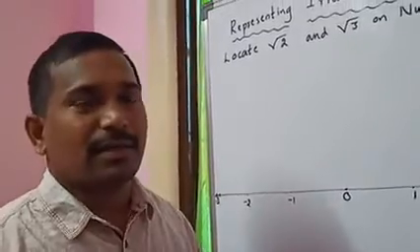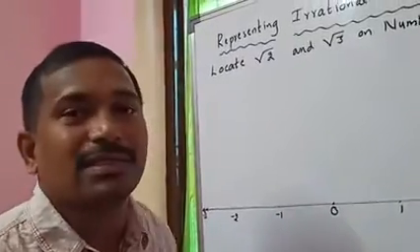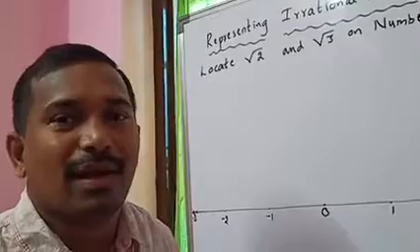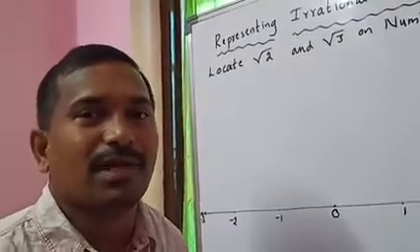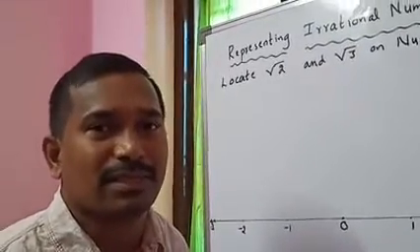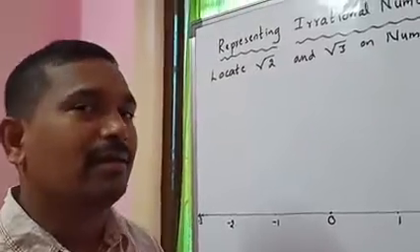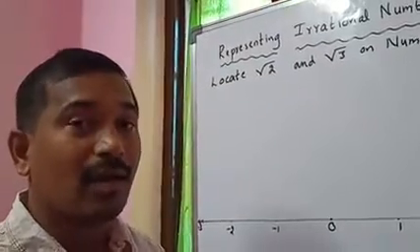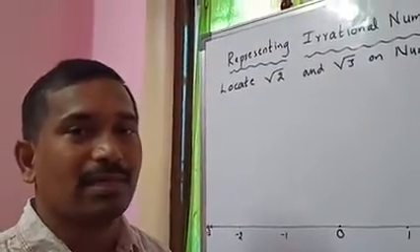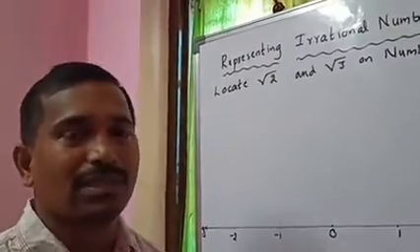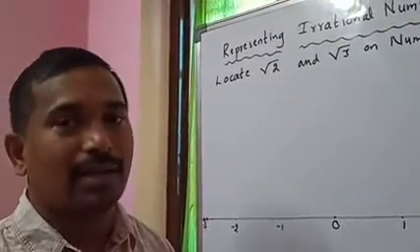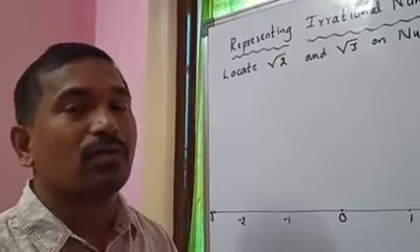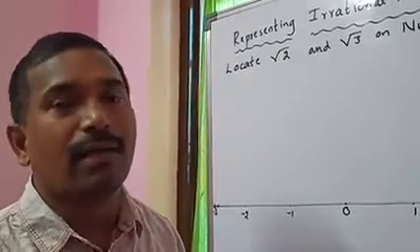Good morning students. Yesterday we discussed irrational numbers, and how to find irrational numbers up to 3 decimals or 6 decimal values. Now, we have already learned how to represent rational numbers, natural numbers, whole numbers, and integers on the number line. Let us also see how to represent irrational numbers on a number line.